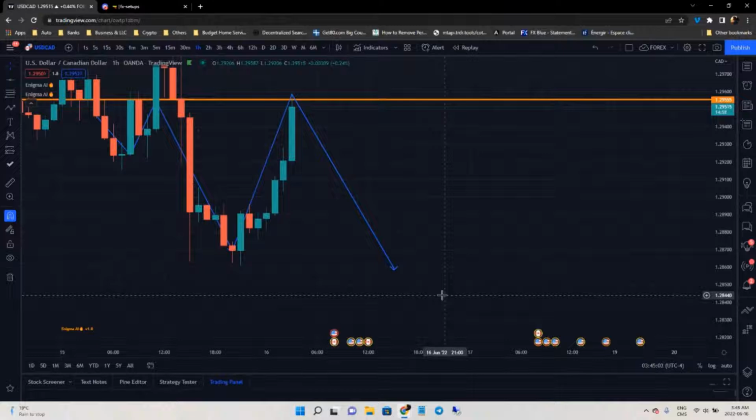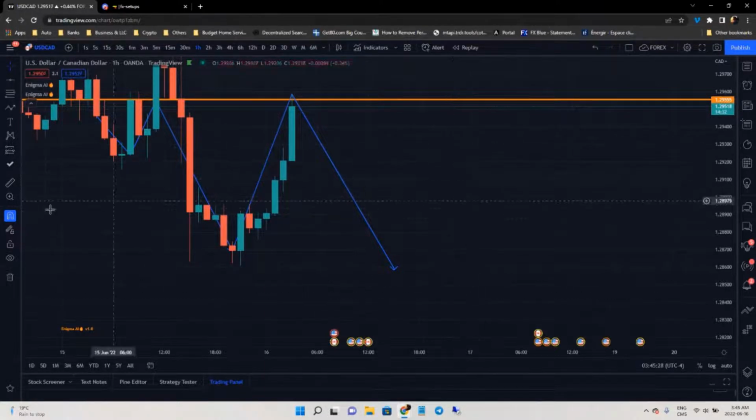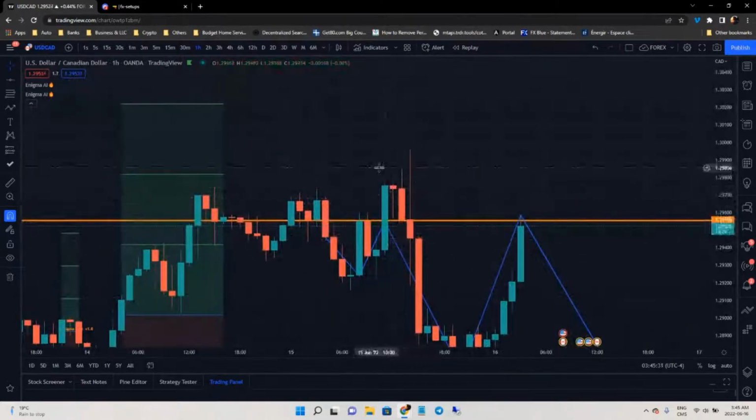For sure, there was FOMC yesterday. Me personally, I do not trade the FOMC news. Sometimes if I trade it, I would trade it in demo, because you're not going to know 100% of the time where the market will go on FOMC. It could go up and down, and candles like this are the ones that are going to get you. Let's say you put a stop loss here and you enter for a sell, they're going to stop you out, and then the price goes in your direction.